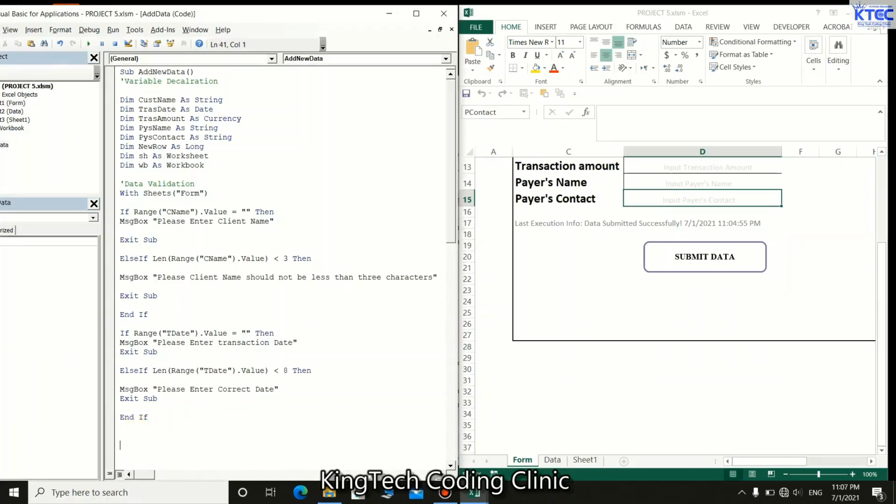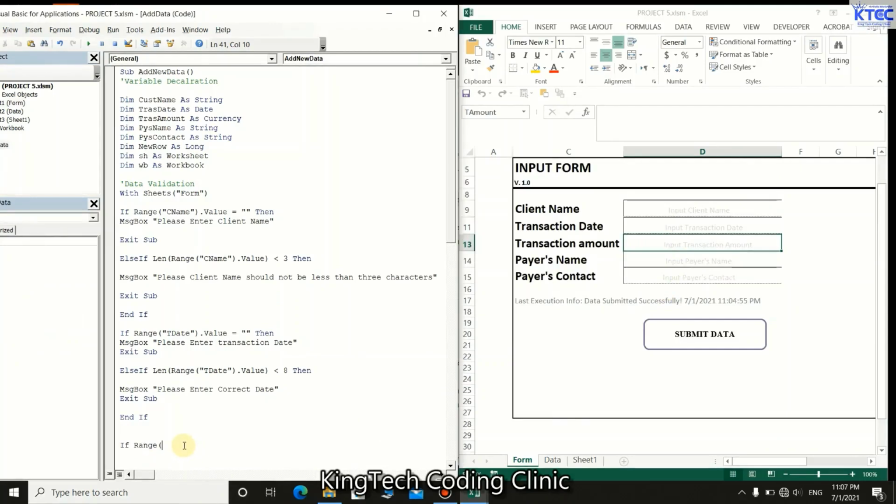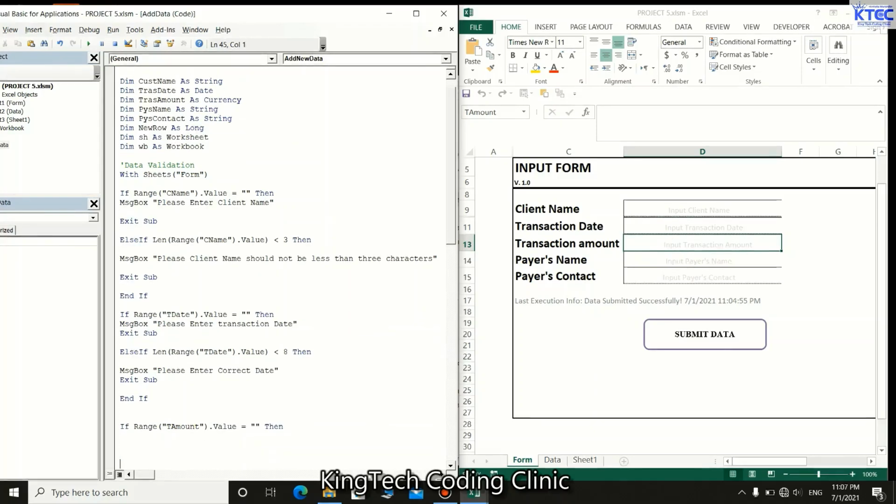So you say if range t amounts is equal to empty string, then